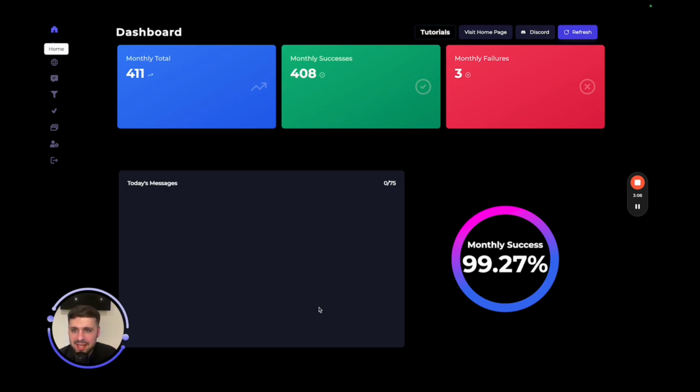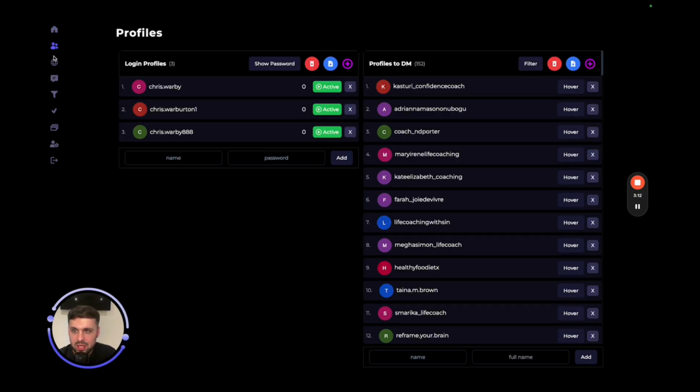Now, this here is basically the dashboard, okay? So what we're going to do first, as soon as you've downloaded everything, is head over to profiles here, okay? Now, here is login profiles. For your Instagram accounts that you use to cold DM, all you do is put the usernames in here, add in the passwords as well, and then you can add them, all right? You can also pause and make ones active and inactive. Let's say you've got a user account that needs to be warmed up first. You can add it in, but you could just pause it so that it's not in the active campaign like the rest of them. All right.